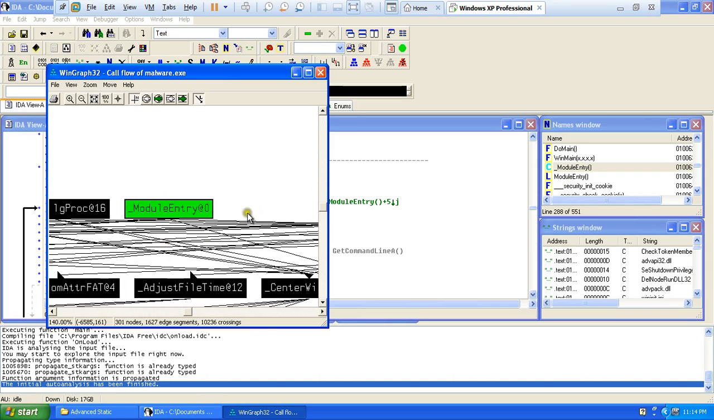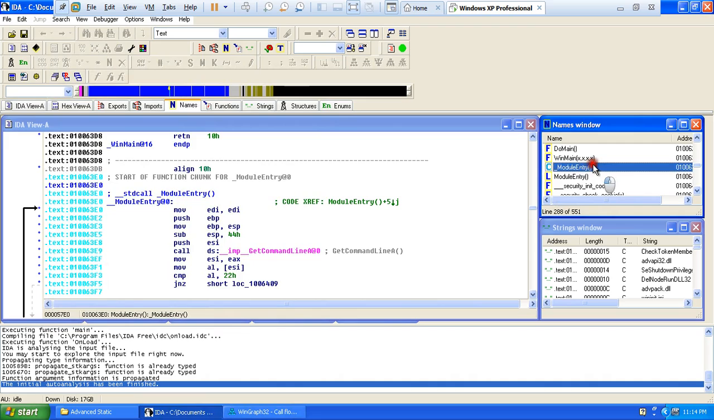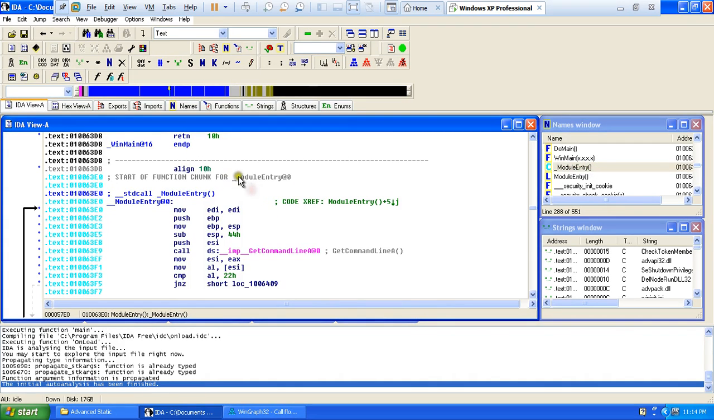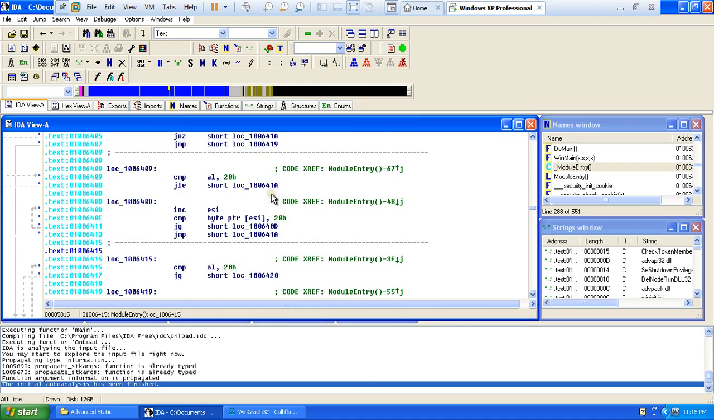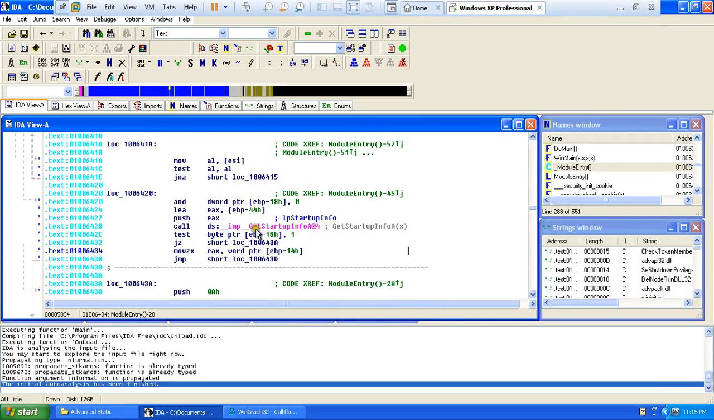If I go to the names window and find module entry, now we are at the module entry. This is most likely the starting function of the malware. Firstly, you can see it calls and imports GetCommandLineA, which is basically to get the command line string that was used when this program is run. Now if we continue going down, you can see it also calls